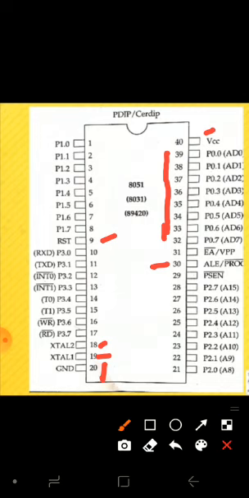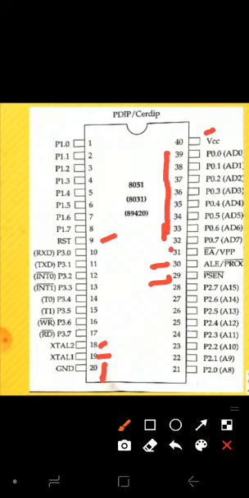Next we have pin number 29, PSEN bar, which stands for program store enable. Next we have EA bar, pin number 31, which is for external access. When EA bar is high, the program fetches from addresses 0000 to 0FFFH, which are directed to the internal ROM, and addresses 1000H to FFFFH are directed to the external ROM.